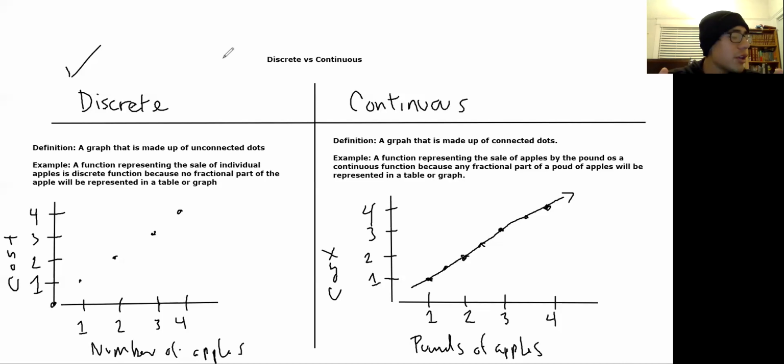When it comes to this, when you're doing 7 through 12, you just have to tell me if something is discrete or continuous. You don't have to graph it out. You're going to look at the scenario and say, this is continuous, this is discrete, and you're going to give me a real quick reason why, okay? So with that in mind,